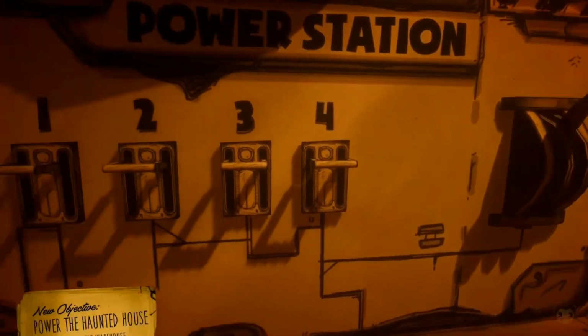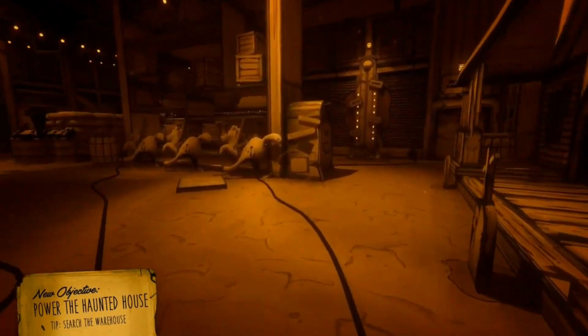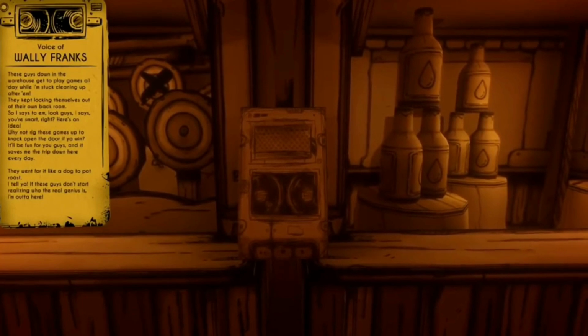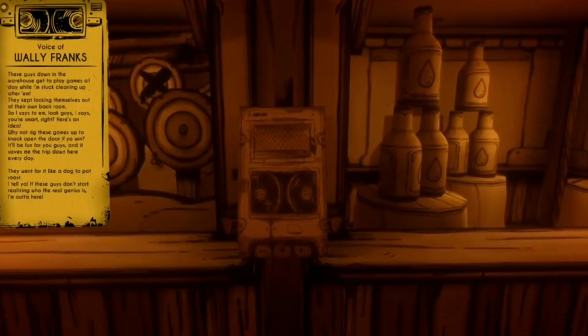In the back of the warehouse, we learn that we need to get the power on to the haunted house ride so that we can go and save Boris. Also, by the Carnival Games, there is an audio log from Wally Franks. In this audio log, Wally talks about how every time he heads down to the storage room, the people working there are always playing games, so he decided to hook up that whenever you win a game, it would open